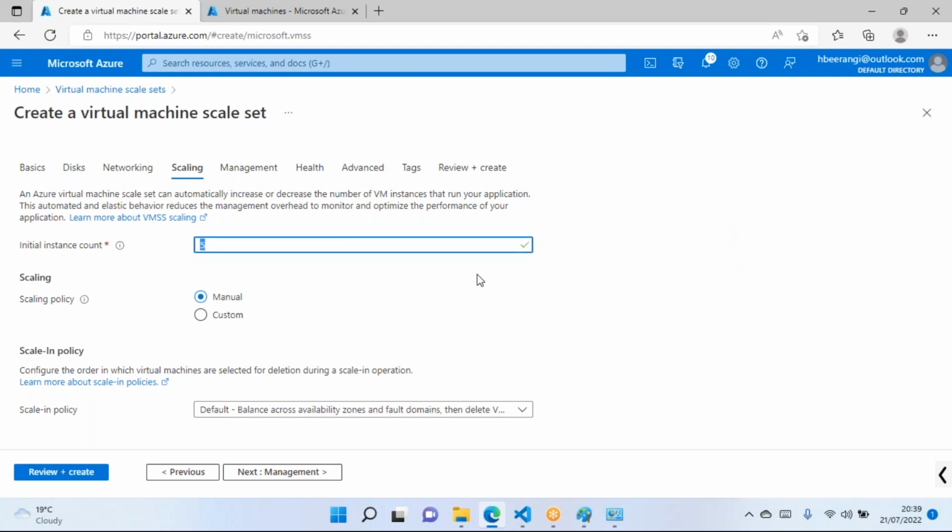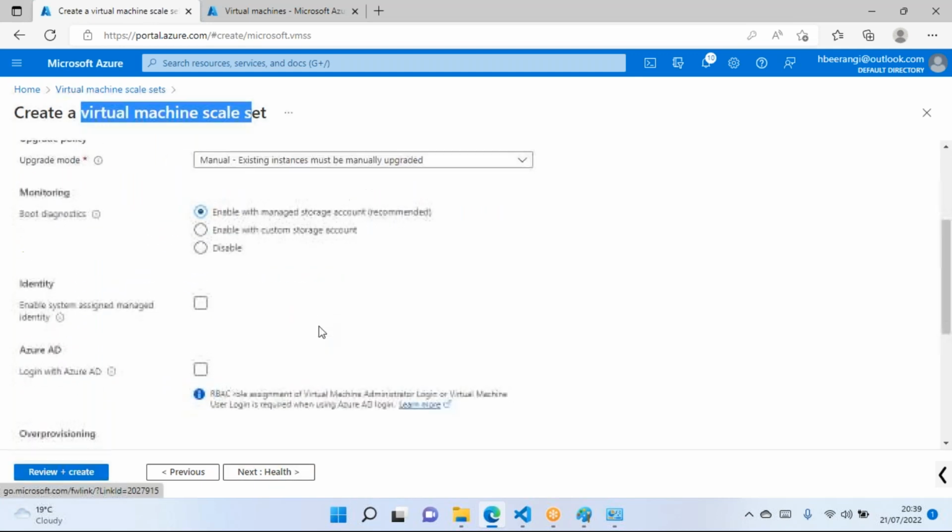Okay, so since it is a limited subscription, I'll go with 2 instances, and the scaling policy is manual. Forget about the settings. As I said, I will be discussing them at later stages as soon as we create the scale set. So now I'm going with the next settings, management,